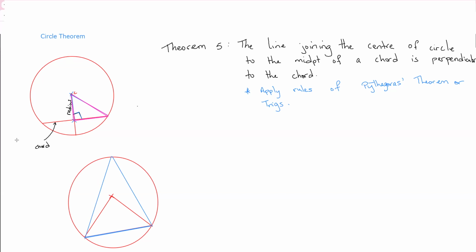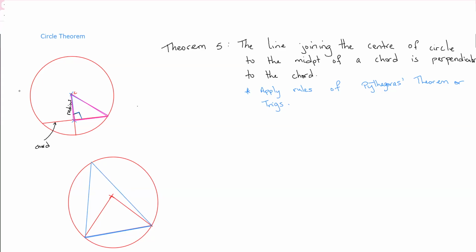Remember, that could go in any direction. But once they're sitting on the same chord, one going to the center and one going to the circumference,